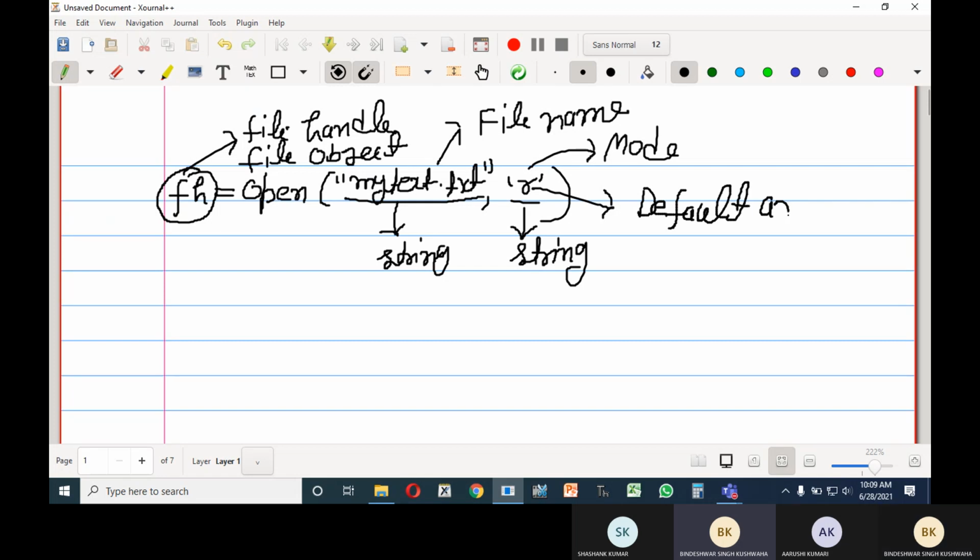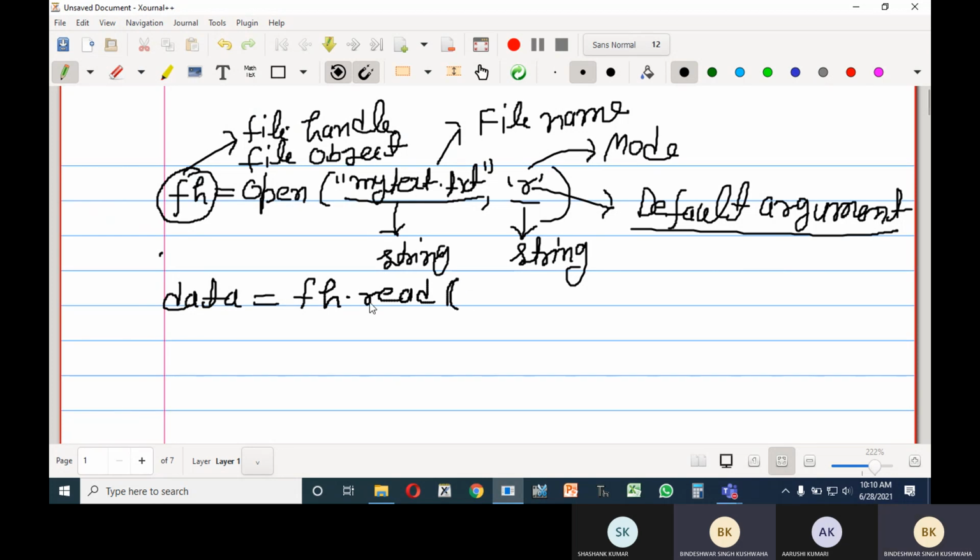Default argument. See that here, if you do not provide anything, by default it would be in read mode. So we did that one. Thereafter what did we do? We read some bytes. So I will write data is equal to file handle dot read.